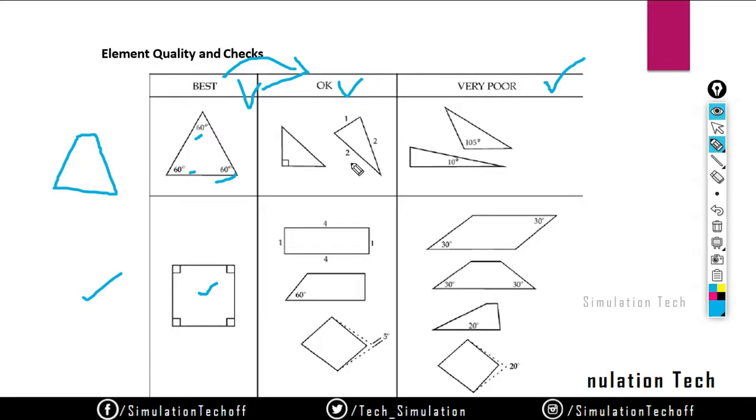And the ratio, so 2, 2 and 1, that means it may be any value. If you have 20, 20, it should be 10. If you have this type of ratio, it will be good, okay, but not best. And for a quad, the ratio should be 4, 4, 1. It's a ratio value, you can multiply by any values like 40, 40, 10, 10, whatever it is. And the minimum value of the interior angle, that acute angle, you can say, is 60 degrees.